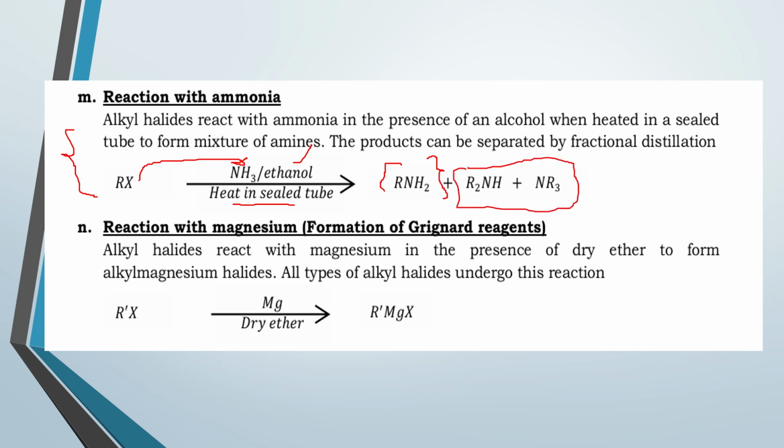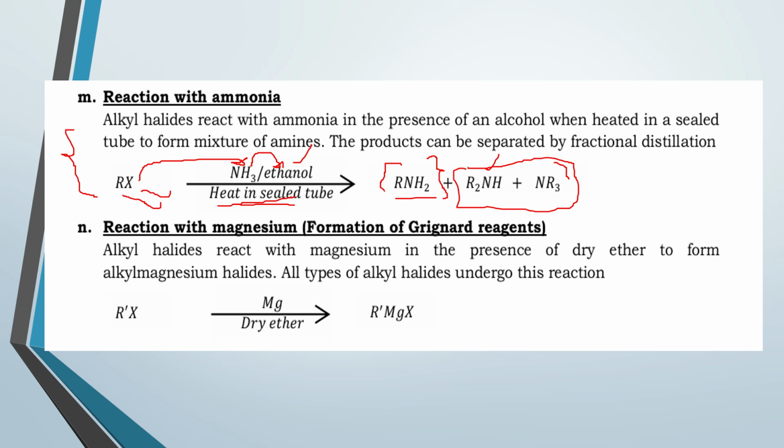So whenever you're preparing an amine, always ensure to use ammonia, but it must be in ethanol, and then you heat in a sealed tube. That's the condition. The heat must be subjected in a sealed tube, simply because we are going to get a variety of products, but the main product is going to be an amino product or a primary amine, and then the secondary and the tertiary amines are going to be very minor. So this reaction is going to be very important under benzene and its derivatives, where we look at aminobenzene or